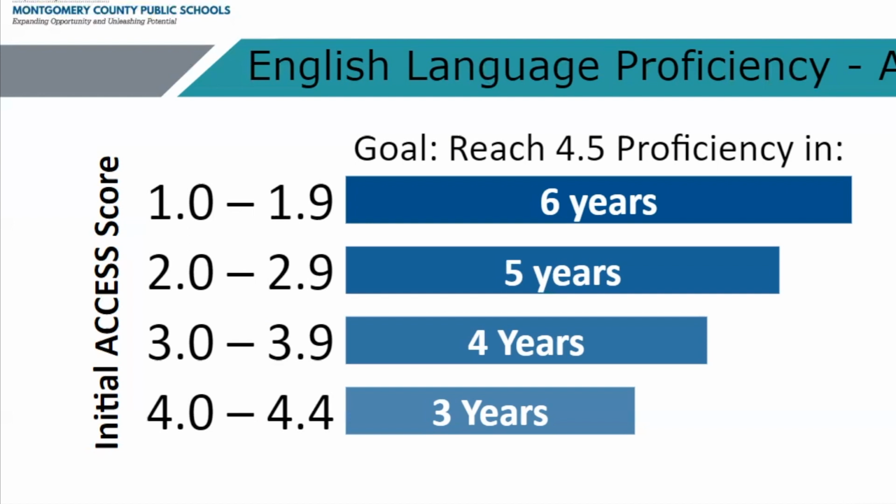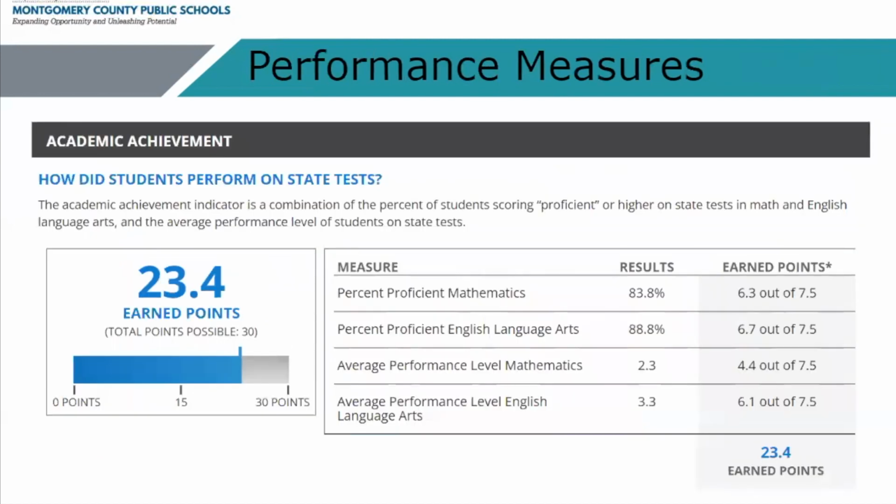So the next slide is going to show you in clearer points what is happening for Wooten specifically. This is our school's report when it comes to performance measures and such things. So we're going to start with academic achievement. This is out of 30 points, so a large number of points for the overall star assignment comes from this measure. And in here, it's going to show you not only how we did, so you'll see the 30 possible points. It's going to give you that bar graph that's going to show you we have earned 23.4 of the needed 30 points. It's then going to show you the measure in 4 specific places.